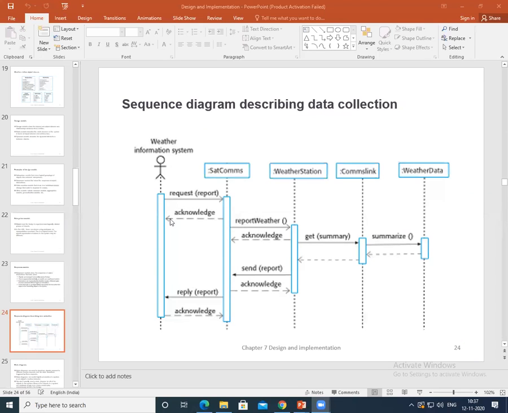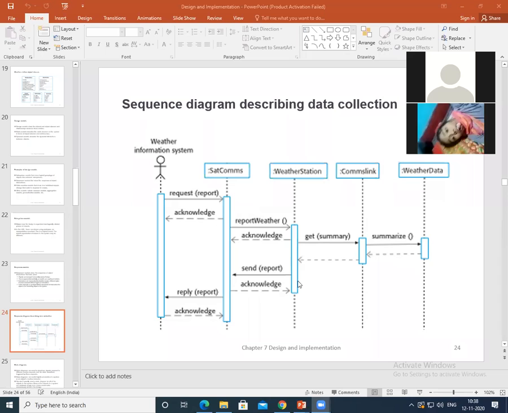Acknowledge it. In between, the process still continues as a heavy bar. So reply report. If I ask you the active part of this, all are use cases. Remember, the UML says that you have a colon followed by the name of a use case. This is the active part of it, the command.